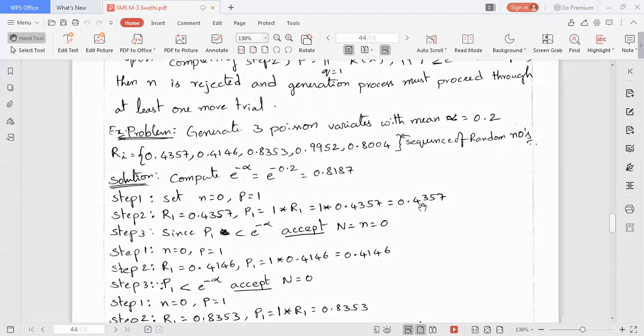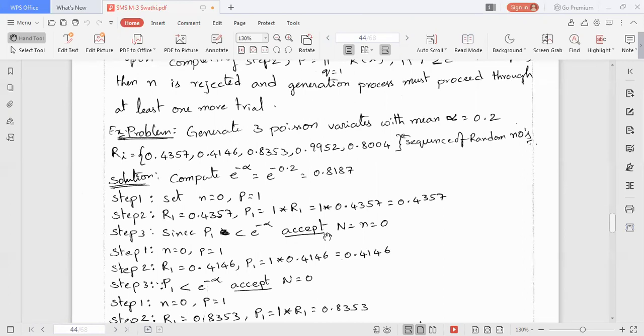P1 we got 0.4357. E power minus alpha value is 0.8187. Because it is true, P1 value is less than the e power minus alpha value. That is, 0.4357 is less than 0.8187. Okay, so it is accepted.